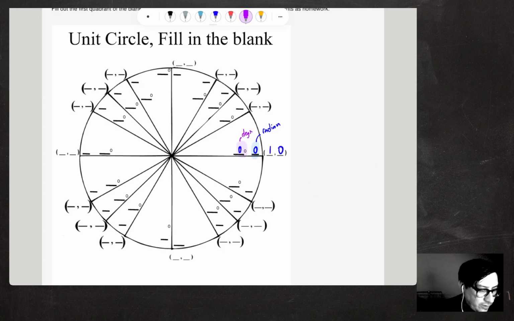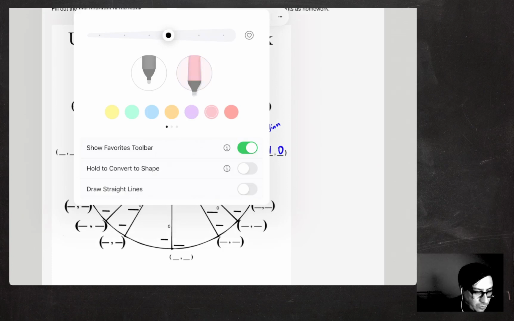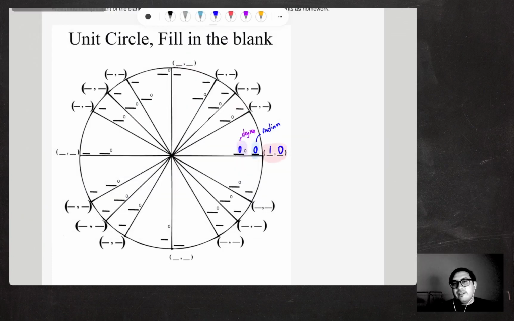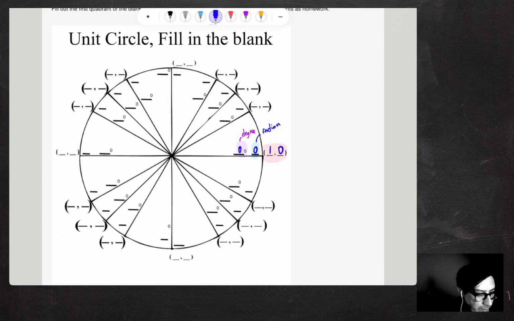So you do this for all of them. And then maybe I'll do red, the coordinates of the point. So the parentheses are there for you. All right. Let me just do a couple of them. Let's do pi over 4. So pi over 4